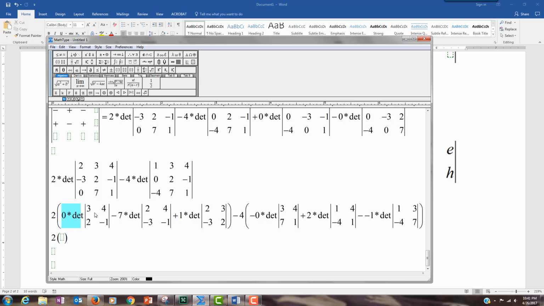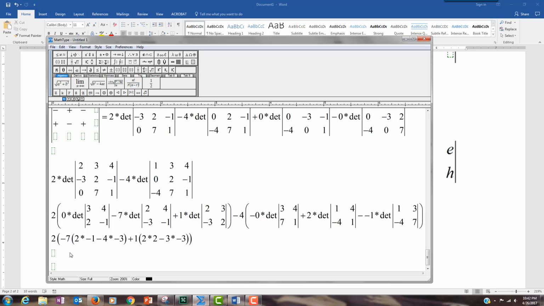Now this piece, that guy, that's 0. So it's -7 times, and then 2 times -1, subtract 4 times -3. And that's the 7 one, and then it's +1 times 2 times 2 minus 3 times a -3. And then so that's all for the 2. So once I figure out that inner number is, then I'm going to double that and multiply that by 2